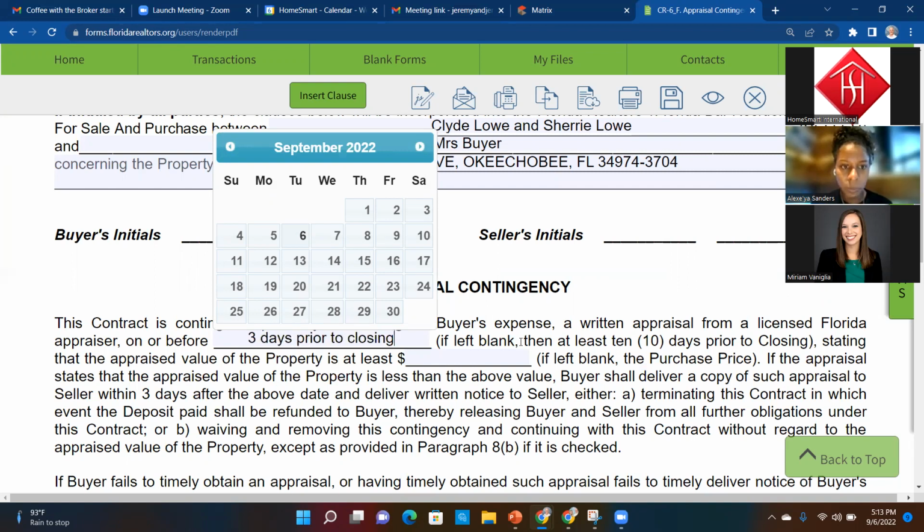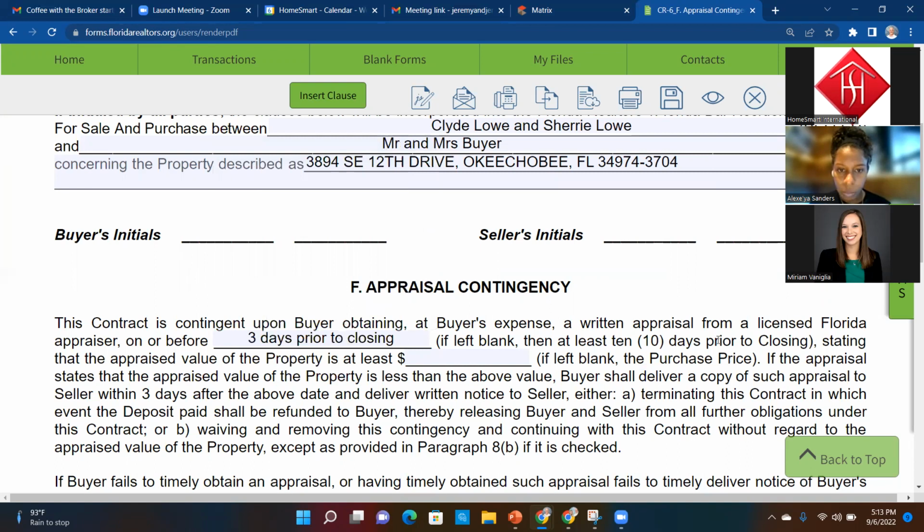3 days prior to closing. I've never had an appraisal come in 10 days prior to closing. So what happens if you mess this up? You could potentially lose your client's earnest money. Because if you just leave it blank and leave it at 10 days prior to closing and your financing contingency expires in 30 days,